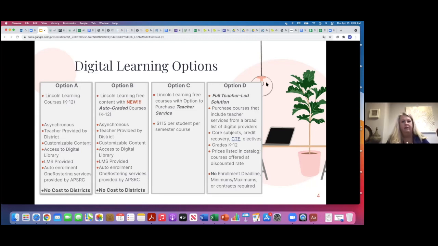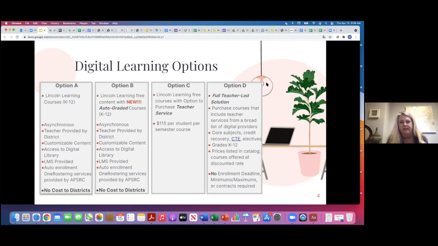Let me address the content part first. For Arkansas standards, we have the correlation documents for all the course subjects out on our website. We already have the alignment documents out there that show you which lesson correlates to which Arkansas standard.